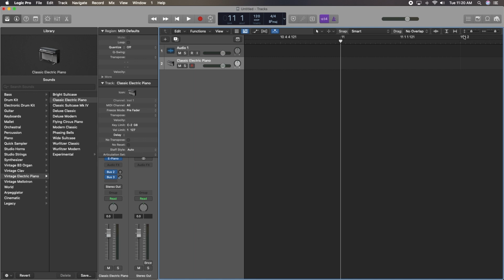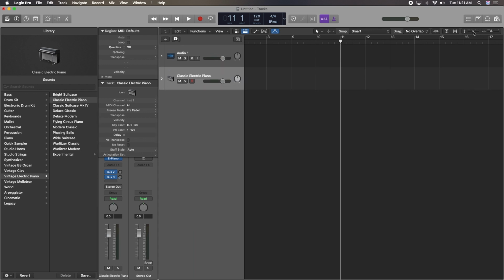All right, I just did it, but just to show you here, there is a zoom function over on this top right-hand section. And of course, far right is completely zoomed in, far left is completely zoomed out. You'll notice that these are horizontal arrows pointing away from each other. We also have vertical arrows pointing away from each other, so we can control the amount of quote-unquote zoom vertically